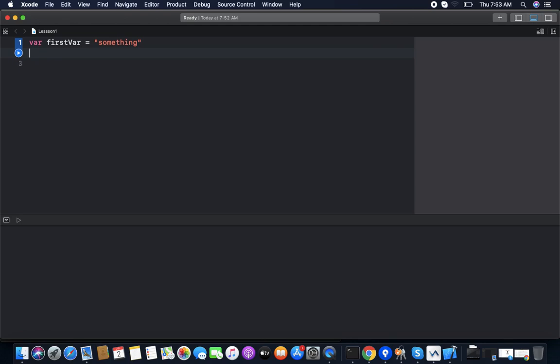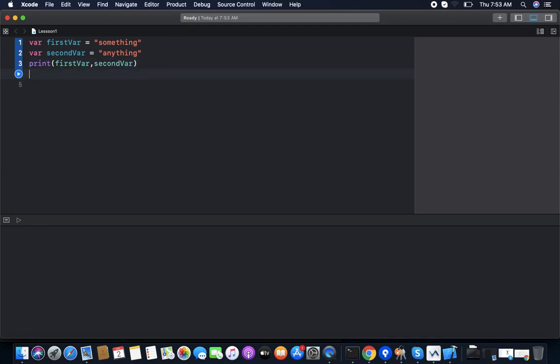Now we are declaring a second variable, second_word, and assigning the value to the second variable, anything. So now printing both the variables: first_word comma second_word.